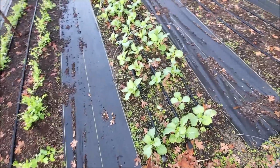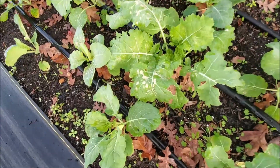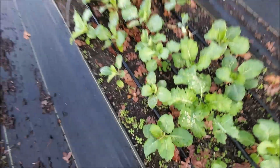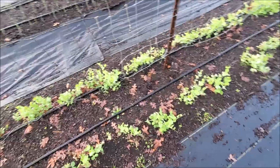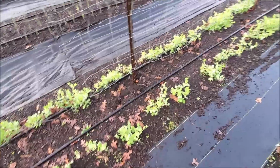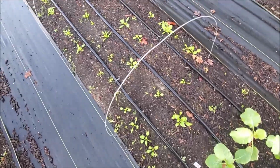And we're starting up here. This is our collards. Now you can see it takes a few days, but you can see where the leaves start showing damage from the freeze. Now the peas seem to be doing okay, and also the spinach seems to be doing okay. But I had chosen not to cover anything because